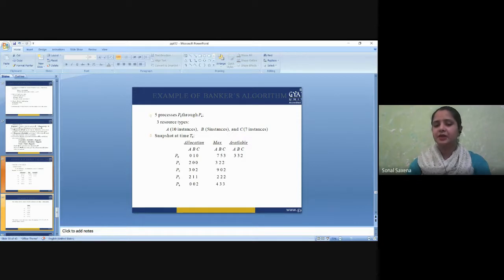The last part that you are seeing is the available part, which shows that currently the system has this much of resources available. We can only grab these resources at a particular time. So in this condition, we need to decide to which process we should allocate first, so that it can run completely and get out of the system. So do understand this thing, that you cannot allot the resources to a particular process in a continuous manner.